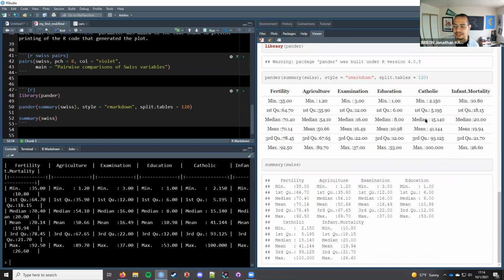So here is the pander table, and then here is the output if we didn't throw it inside of a pander and specify a style as one argument and the size of the tables as another. So you can see why this is probably preferable to this description of the information.